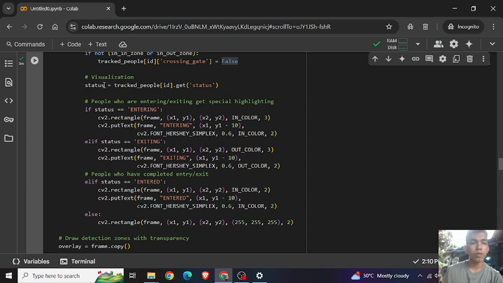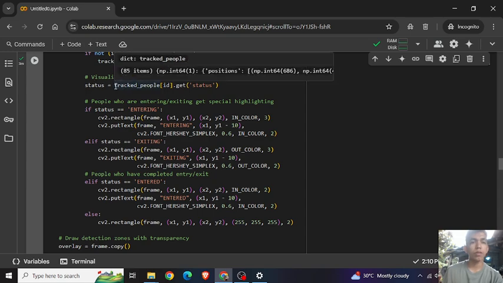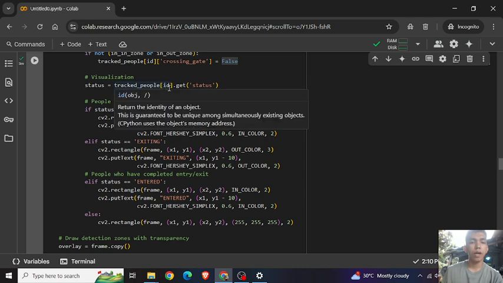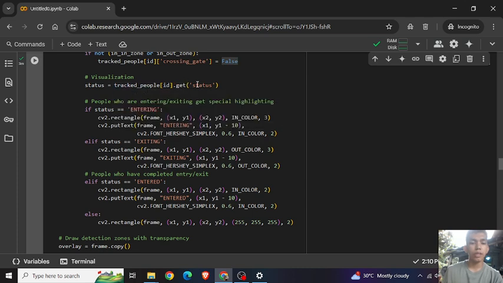Then status equals track_people id get status, to get the person's current status. Then if status is entering, draw a green box and label if the person is entering.